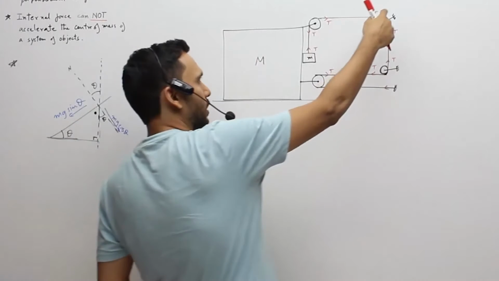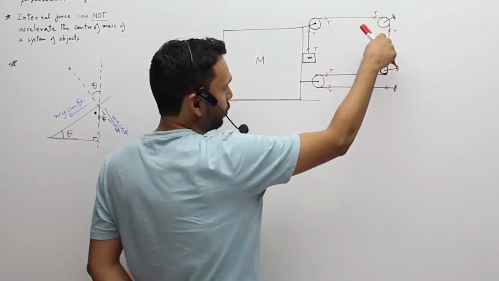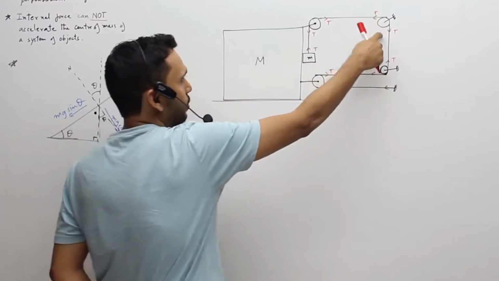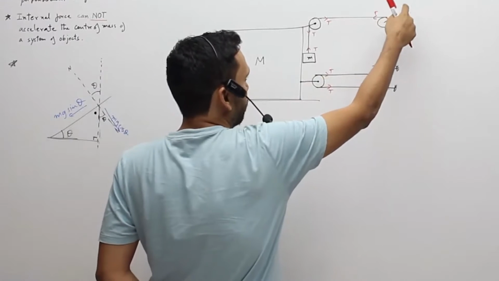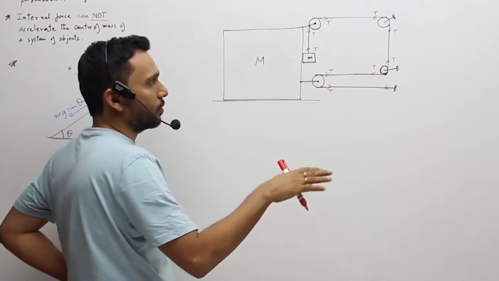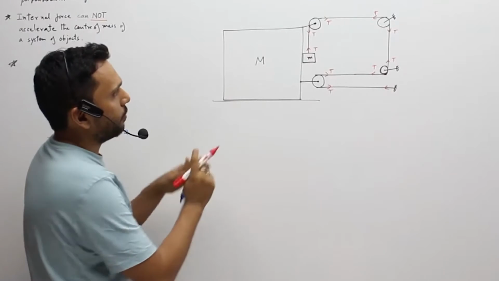In any of these questions I could have asked how much is the force on the wall over here. That would be the force on the pulley, which is a vector addition of this T and this T, that is root of T squared plus T squared. So root 2 T will be the force on the wall due to the tension, if there is no mass of the pulley. If there is mass of the pulley, then additional force will be there. So anyways, coming back to the question.